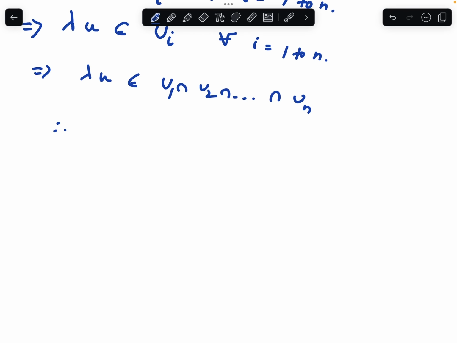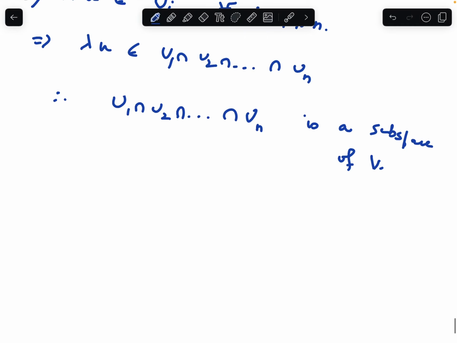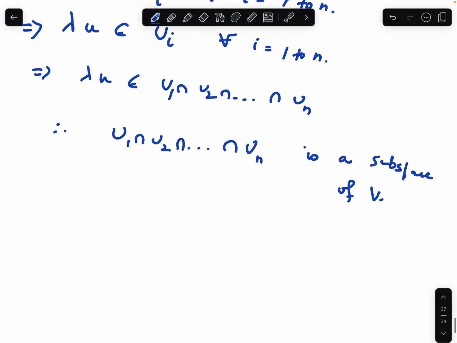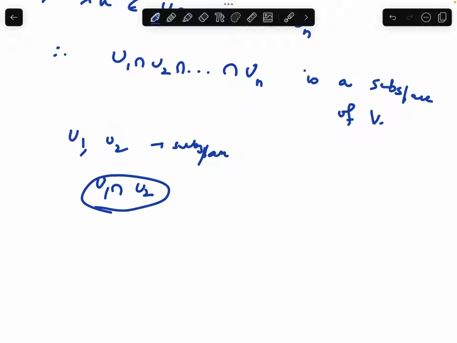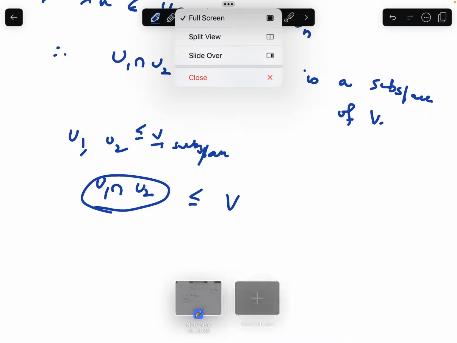Therefore, U1 intersection U2 intersection Un is a subspace of V. So this gives us a new way to form vector spaces, right? If you're given U1 and U2 subspaces, then you can produce a new vector space, U1 intersection U2. This will also give you a subspace of V. Okay,